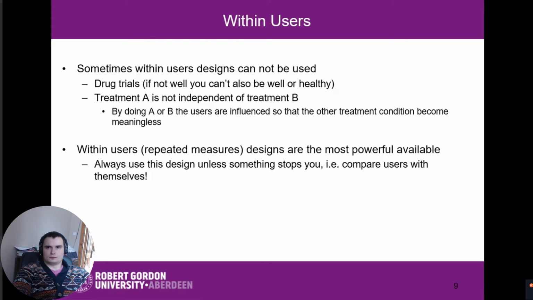So you can't compare people with themselves. In other words, you cannot have people with cancer and people who are then also not with cancer. So you're forced to use between groups. But in more ordinary circumstances, you talk about treatment A is not independent